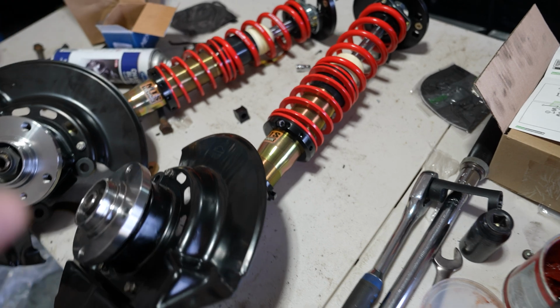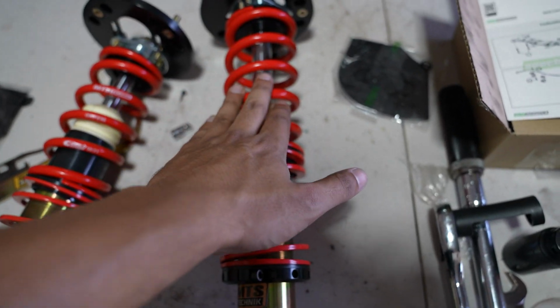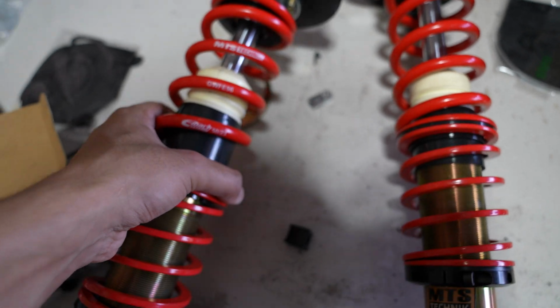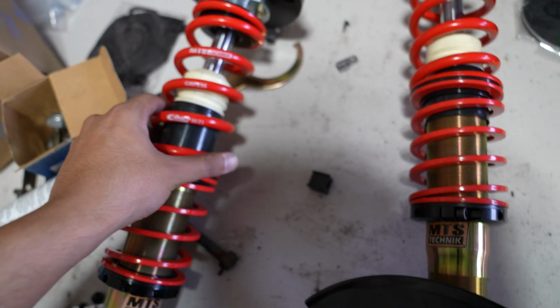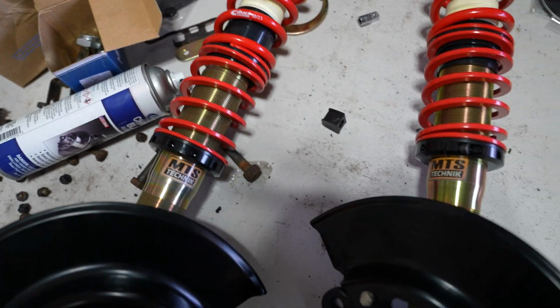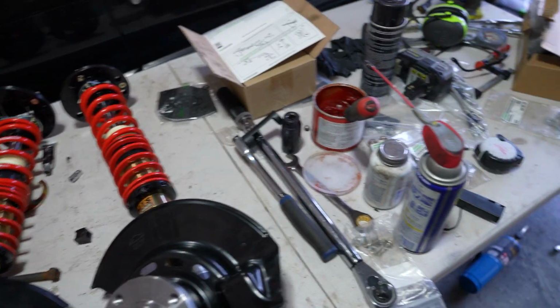And just like the rear, we are running MTS Technic. This comes with the helper spring and the main spring. I even opted in for the camber plates at the top here, so that would be a nice little addition. Make sure it doesn't fall. But yeah, everything looks real good, and now we gotta switch over to the only other part of the car